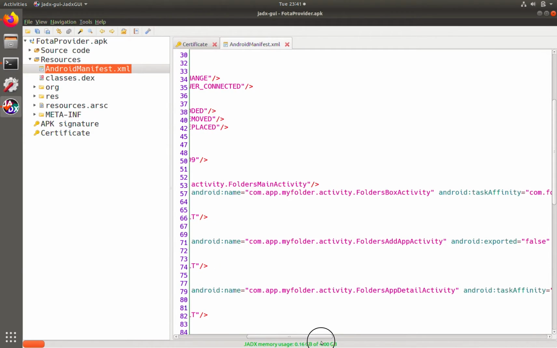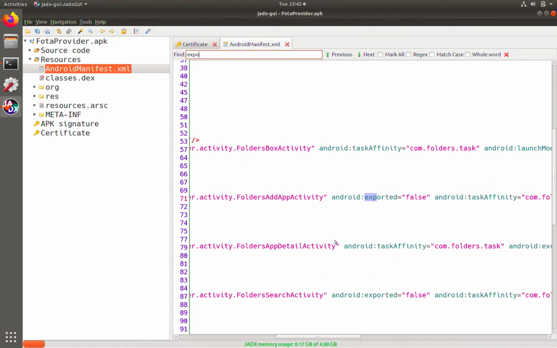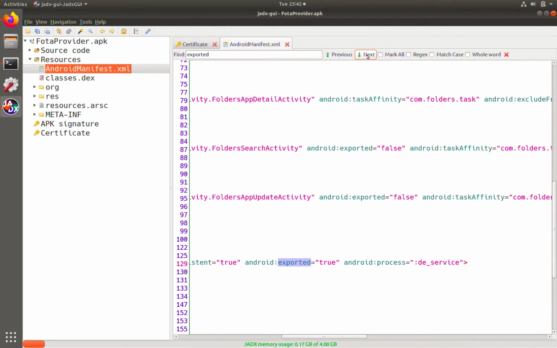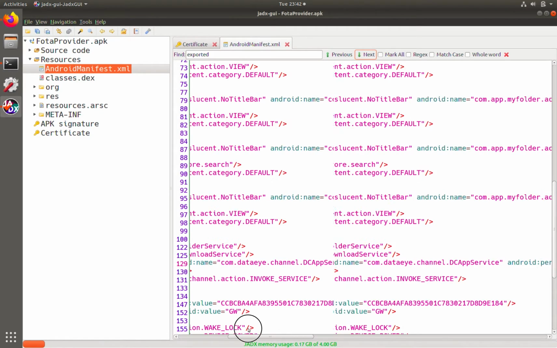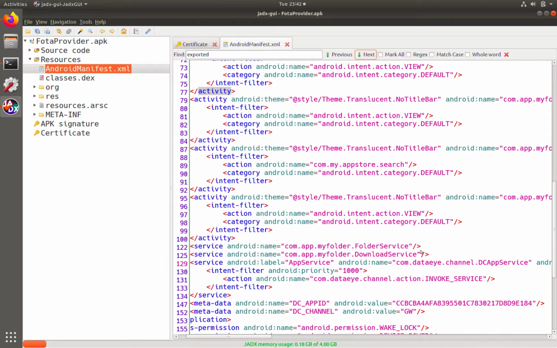Here's one. So here we see they've specifically said this exported equals false. Let's see if there's any other ones. False, false. Here's a true. So in this case, this com.dataichannel.dc app service, this service can be started, can be stopped, can be bound to by any other app or